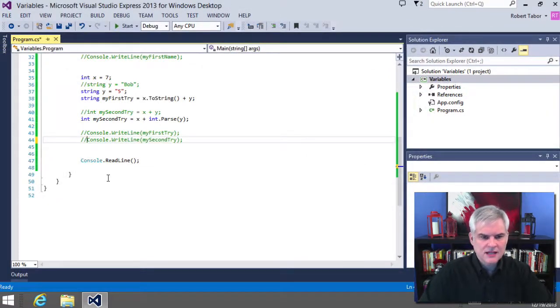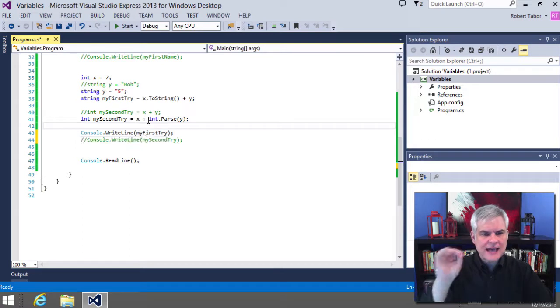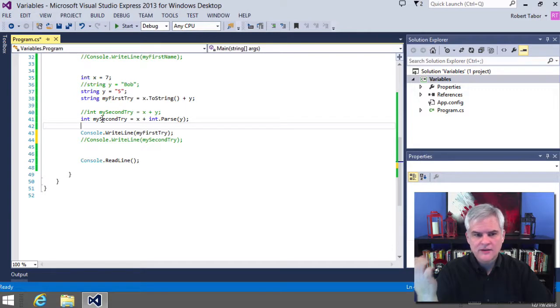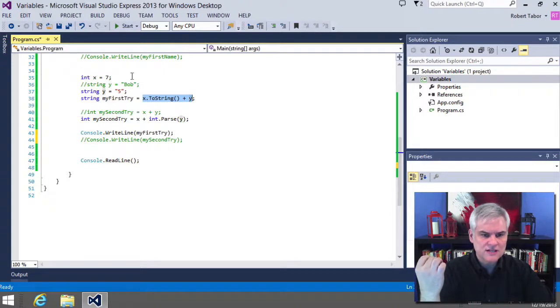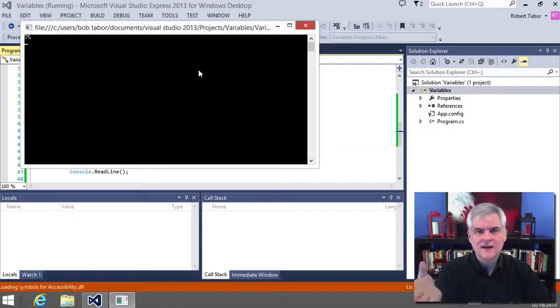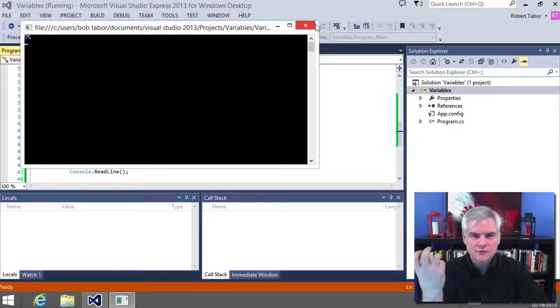Let's comment out line number 44 and let's see what happens whenever we do the explicit data conversion on X. It occurred to me that we never actually ran this example now that we have X equals 7 and Y equals 5. Now remember, when we attempted to add those together and set them to my second try, we were able to print out the sum of those two values. Let's see what happens whenever we try to concatenate X, the integer of 7, and converting it to a string, and then concatenating it to the value of Y, which is now 5. All right, we get 75, the string 75, but those are just two alphanumeric characters, not really adding those two